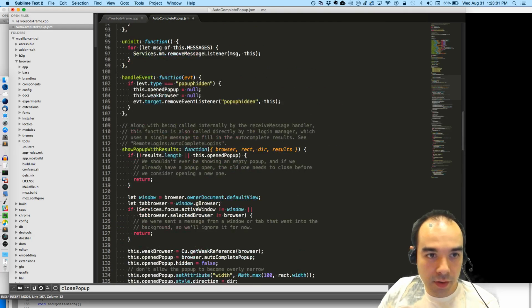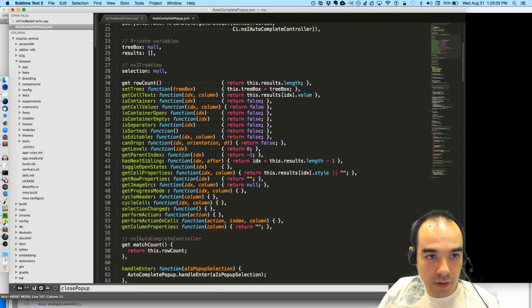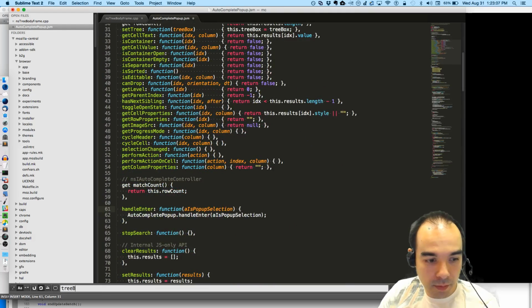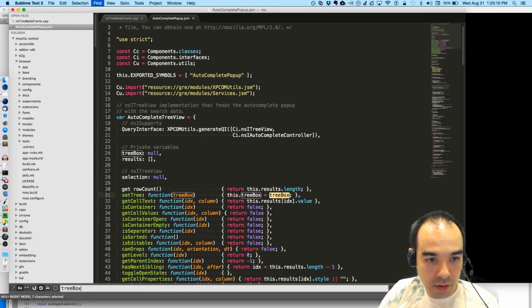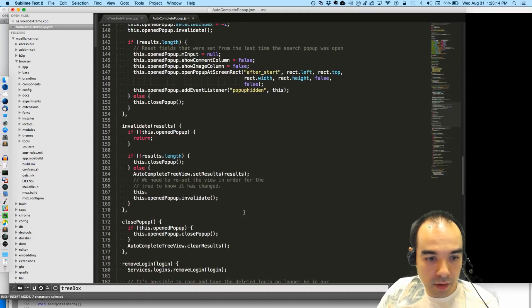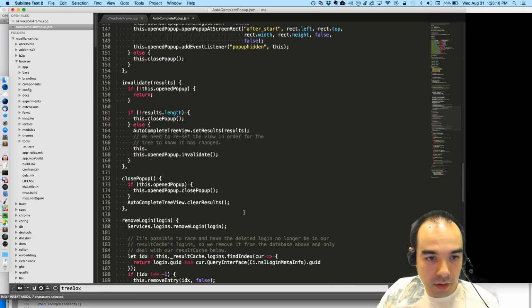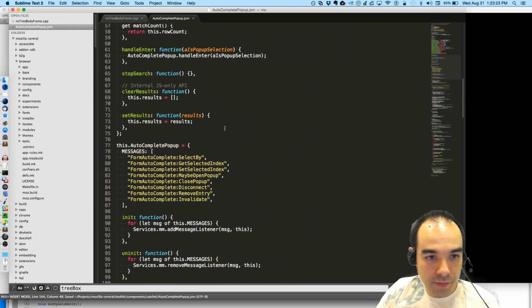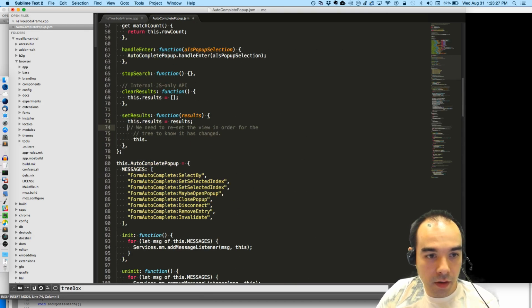This dot tree box. Oh man. Maybe we'll do it in set results. No, the view has changed.